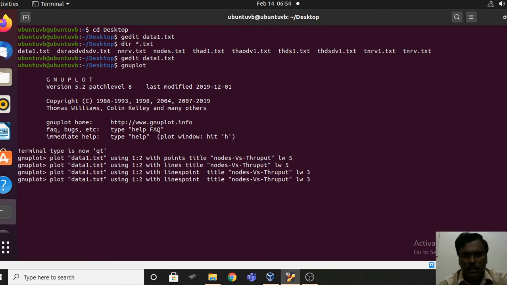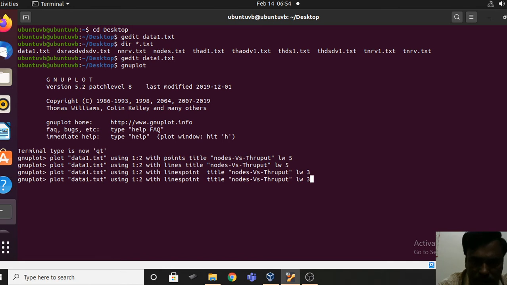First I'm going to plot a graph for nodes versus throughput, and I also want to plot the graph for nodes versus delay. Then you can do so by doing like this.